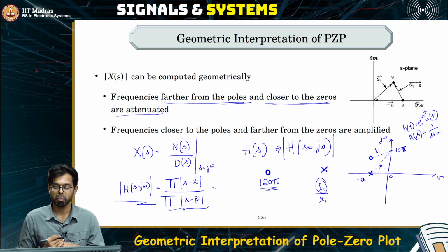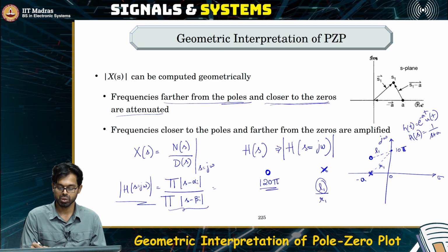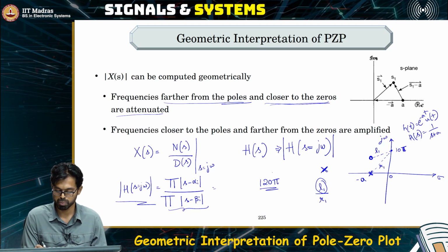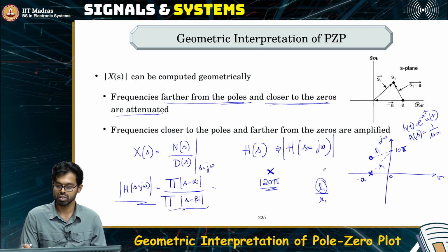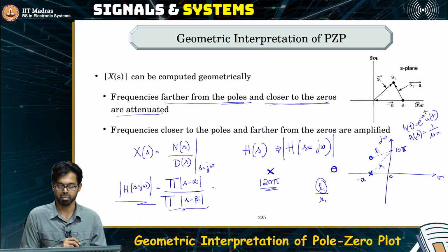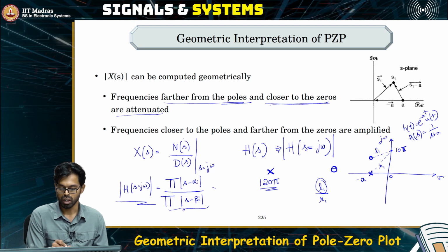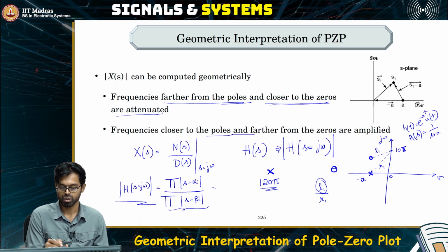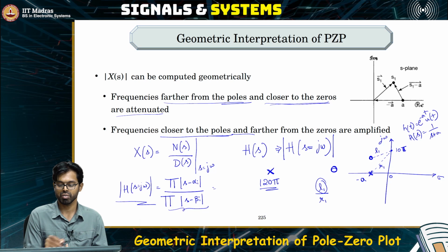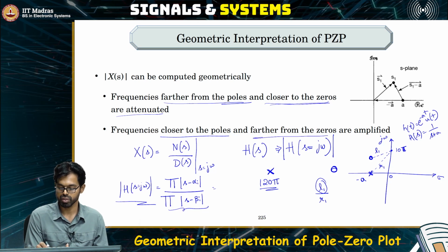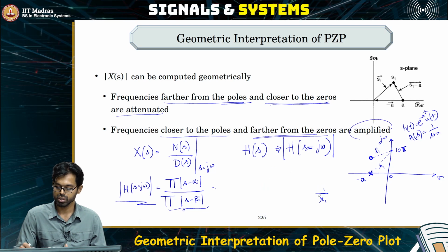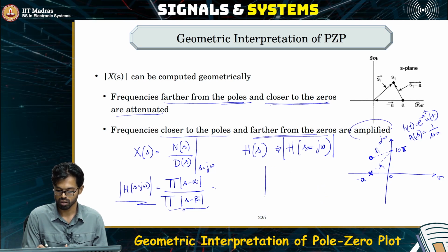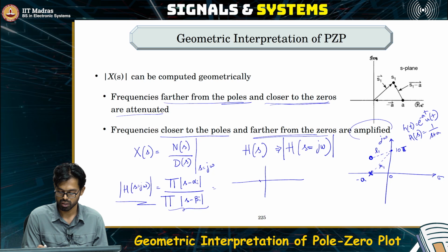But let's say you want to pass through 120 pi. In that case, you have to design a circuit such that there is a pole which is closer to 120 pi and zeros are farther away from 120 pi. So as long as the poles are closer to a particular frequency and the zeros are farther from that frequency, it will be amplified. So if somebody gives you a pole 0 plot like this,